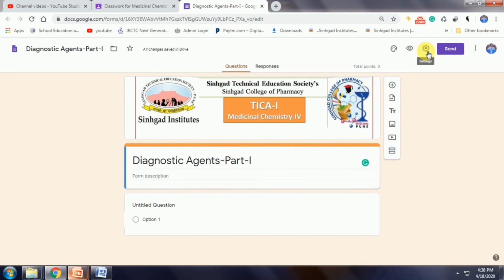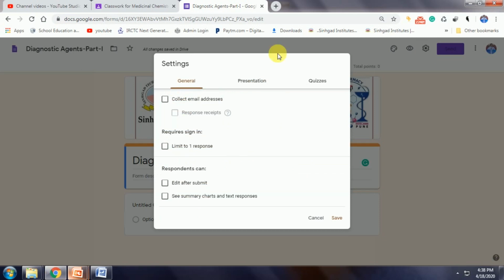The General tab will open. Under the General tab, there is collect email addresses. Click on this. If you click on this, when an individual student attempts the examination, his or her email ID will automatically be seen in the Excel sheet, the result outcome you get after conducting the examination.